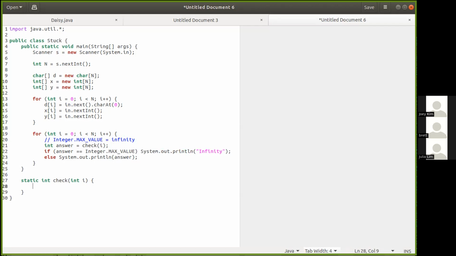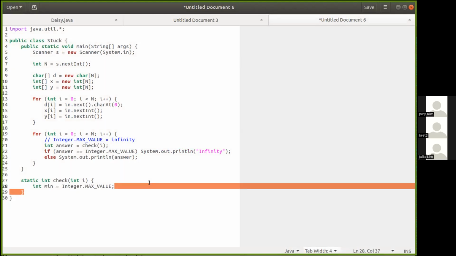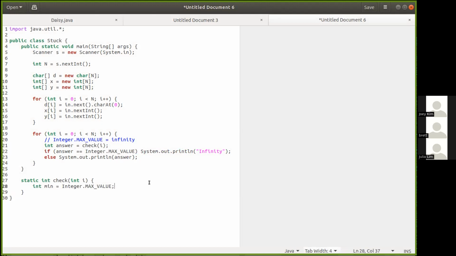So yeah, I just thought of that. So we have int min equals integer max value. It looks a little bit weird that we're setting the int min to integer.max value. It's because we're going to push min through math.min. So basically, we want this initial value to be extremely high so that math.min has something to work with. Whereas if we set it to 0, 0 is already really small, so math.min is not going to